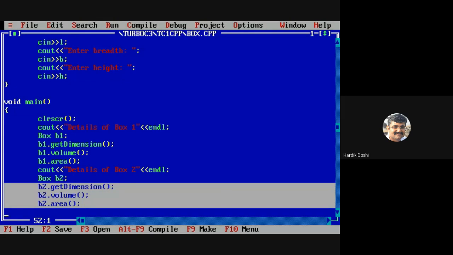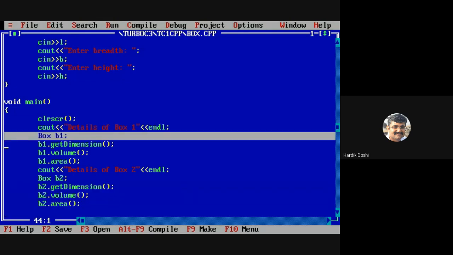But technically now I want to ask you a question. What happens when I write box b1 internally with reference to memory? How many bytes will be allocated in memory?